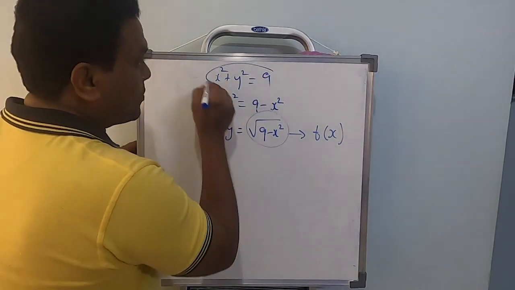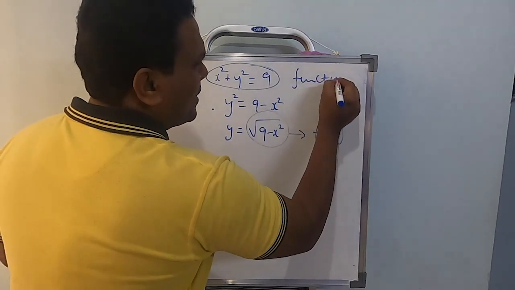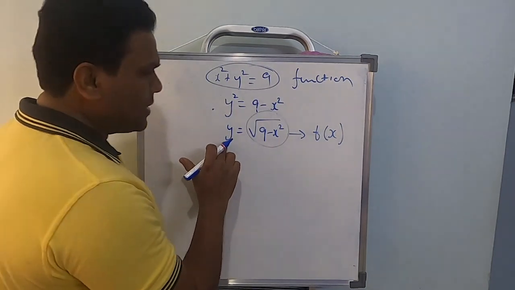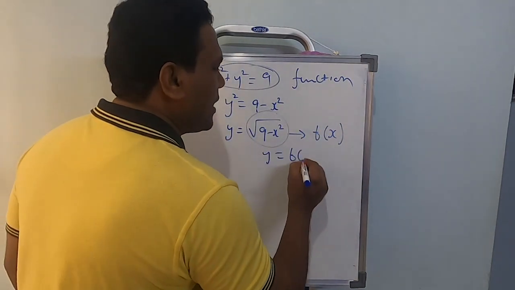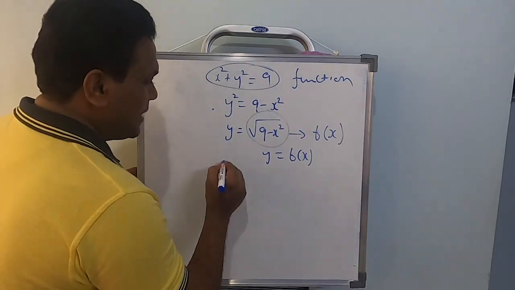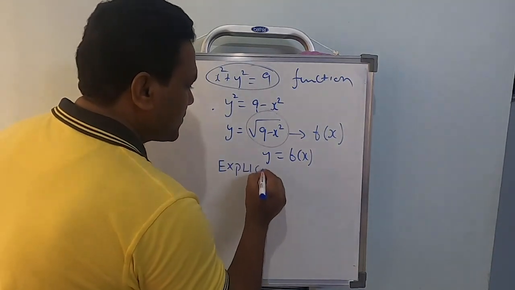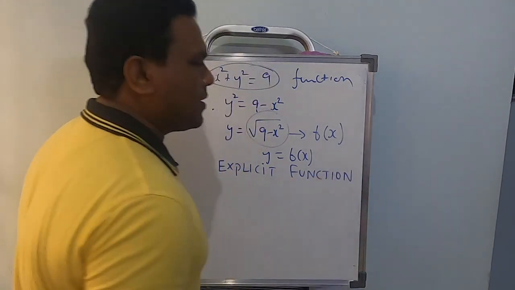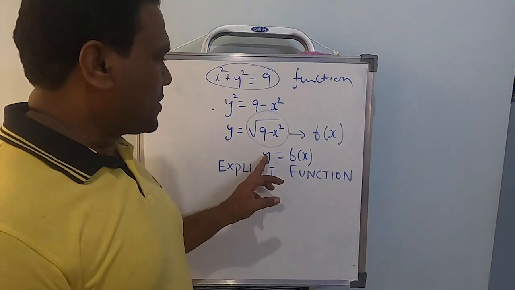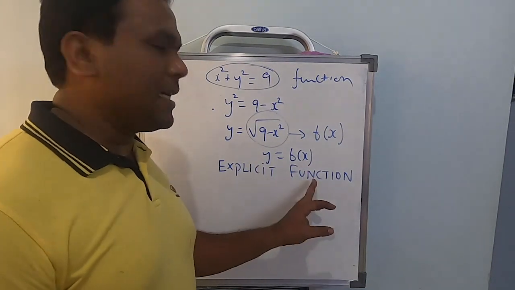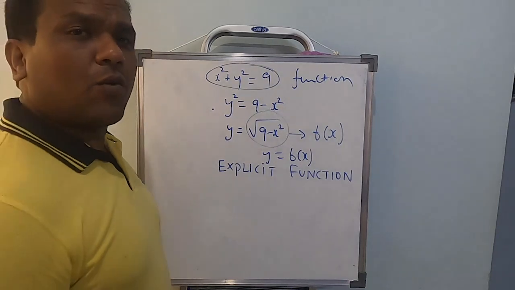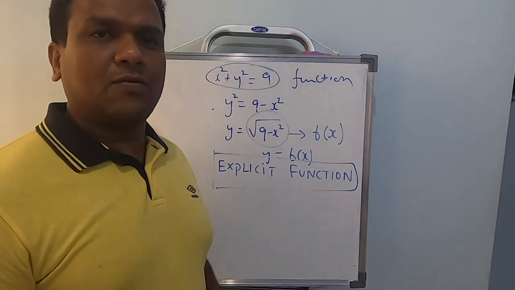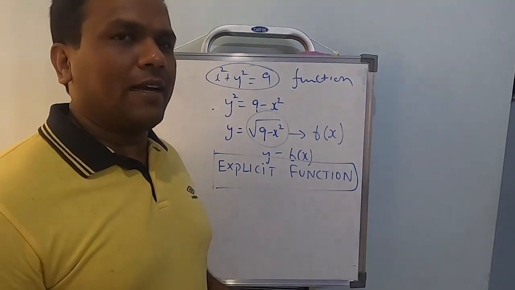If you are able to express what is being given, as a function or even an equation you can call it, in the form of y equal to f of x, then it will be called an explicit function. Any function, whatever they give, if you are able to express in the form of y equal to f of x, will be called an explicit function. So for the differentiation we have studied till now, every problem was based on explicit function. Every time we used to call it y, right?